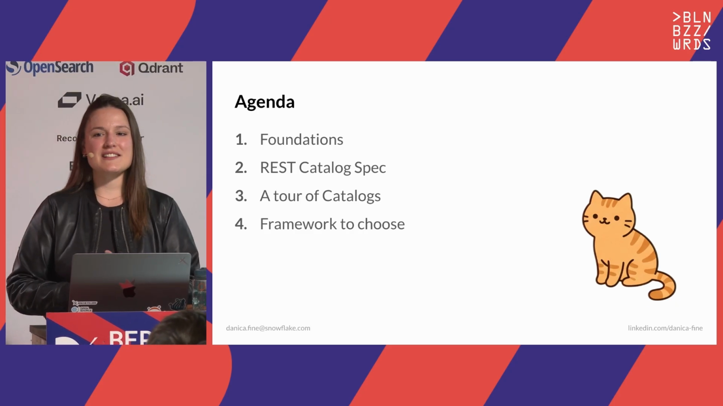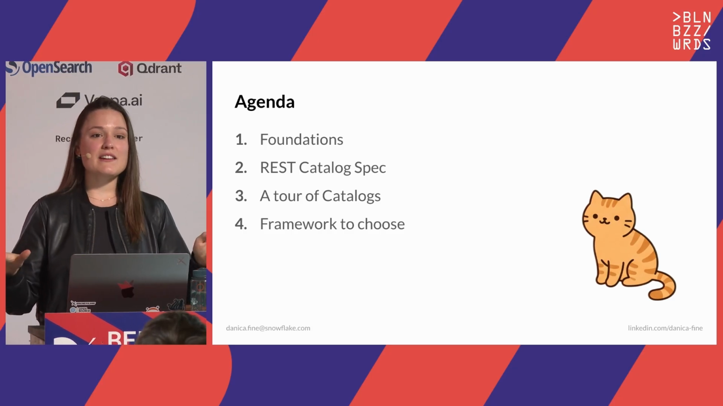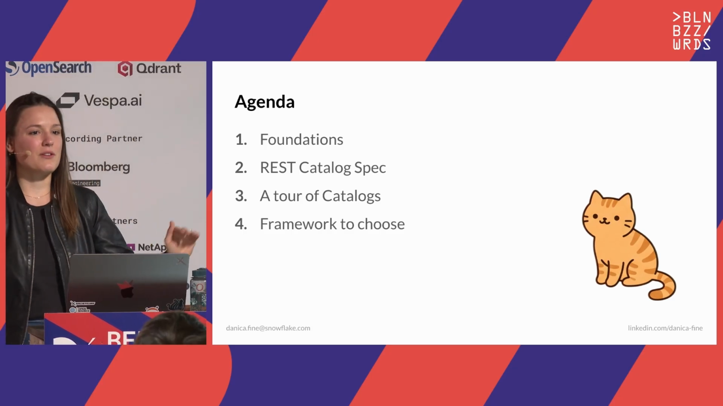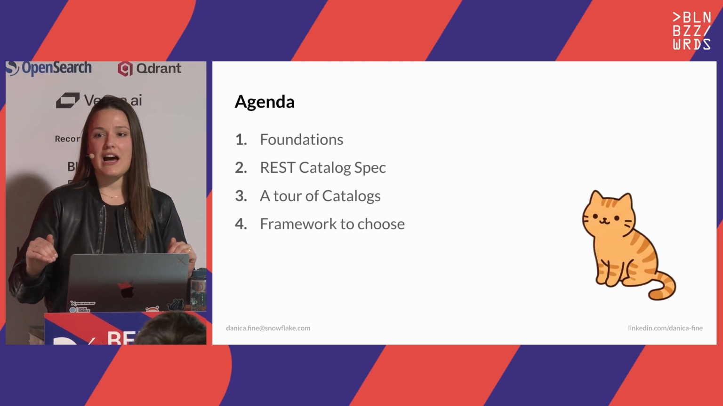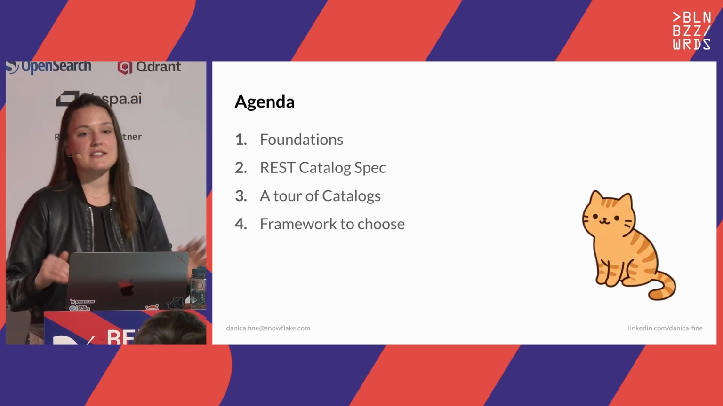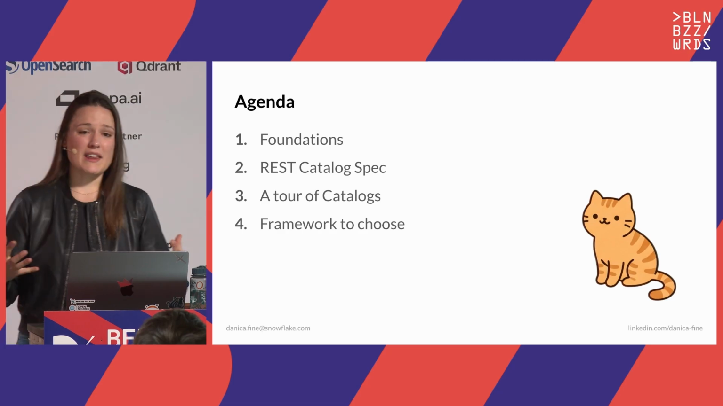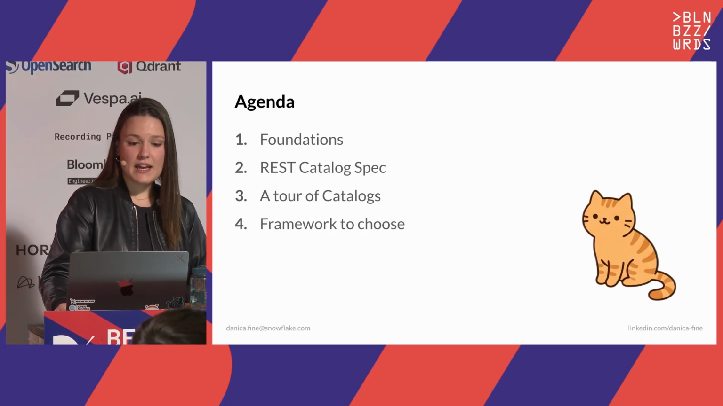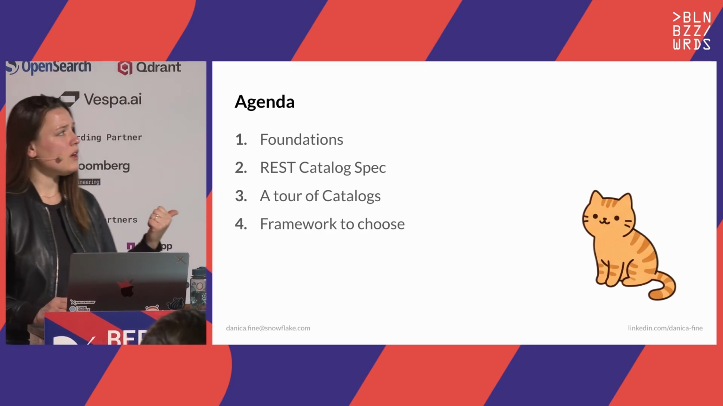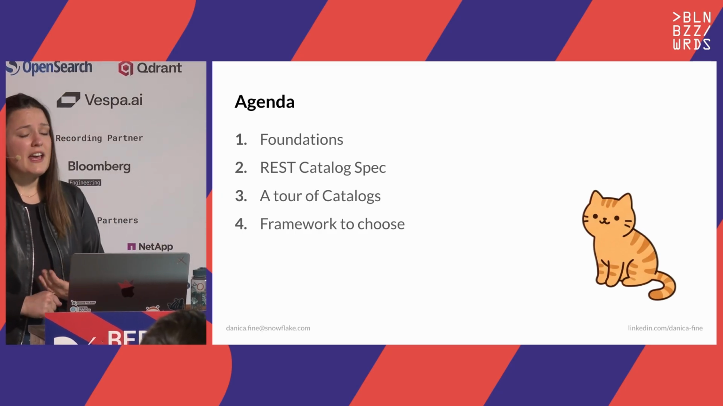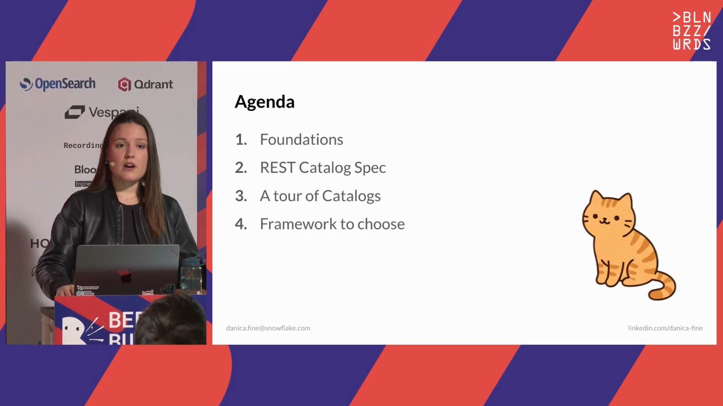All right, so what we're going to be walking through today, first of all, so level setting on some foundational context. I have heard that Iceberg is a bit of a buzzword, so I want to make sure that for those of you who are only here for the buzzword, that you have all of the foundational context that you need going into it. So what Iceberg is, why the catalog is an important piece of what we're looking at today. And then we'll get into the REST catalog spec itself